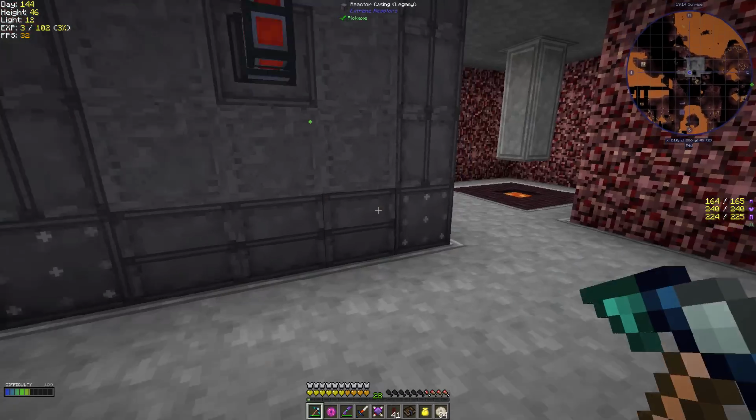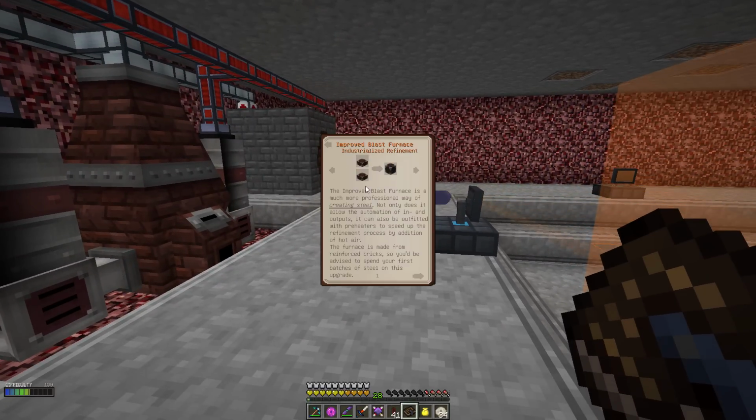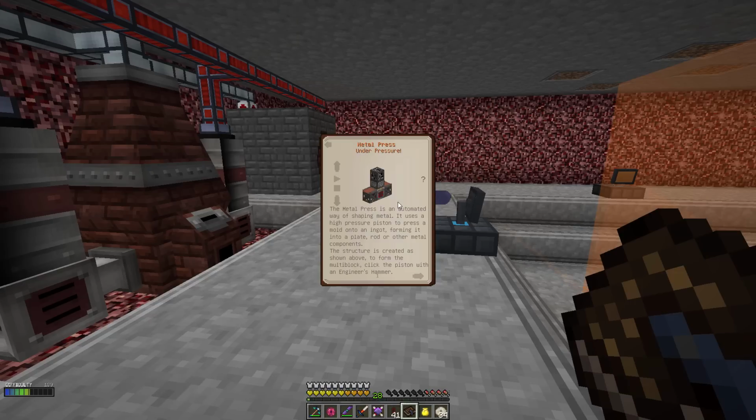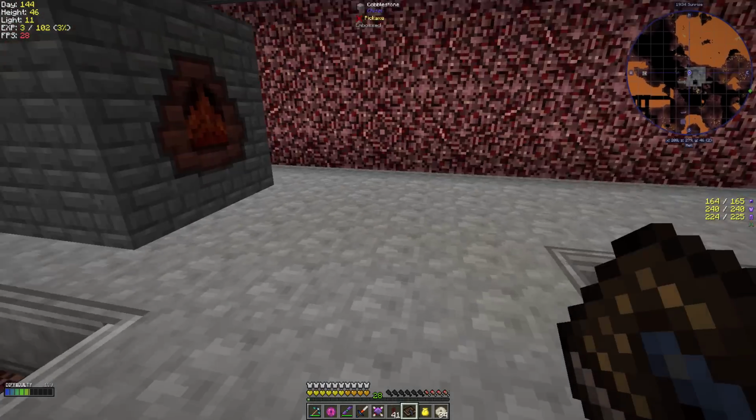Let's get our stampers going. So we'll need the book to tell us how to make these because it's been a little while. Get into the heavy machinery metal presses. I'm going to make 4 of them because I have the materials and I don't like switching out the molds. So again, it's scaffolding, redstone block, piston facing down, and the heavy at the top. Let's go ahead and put those...